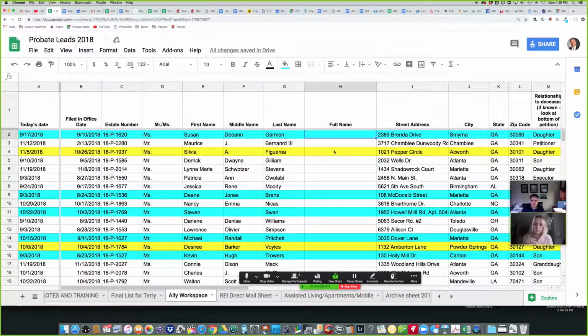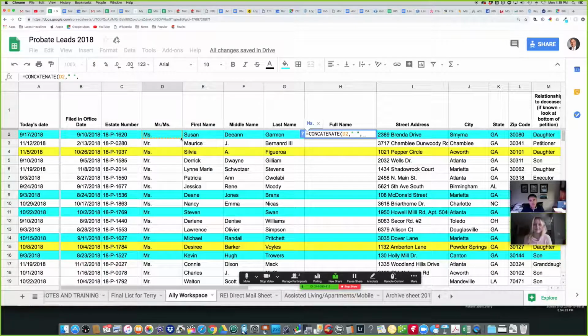Using the Concatenate feature in Google Spreadsheets. So what we want to do is we want all of this to be in one name over here. So we're going to go Concatenate, and then you're going to click on the first cell, which is D2, and then you want a space, right? So to get a space, you put a comma, then you put a quotation, a space, that's your space,